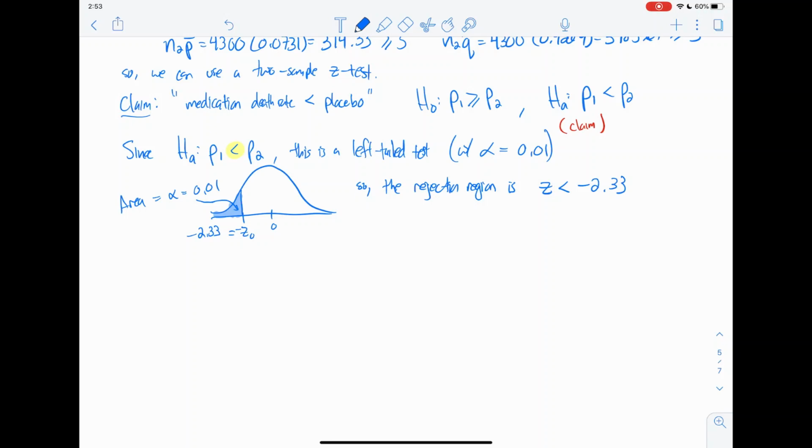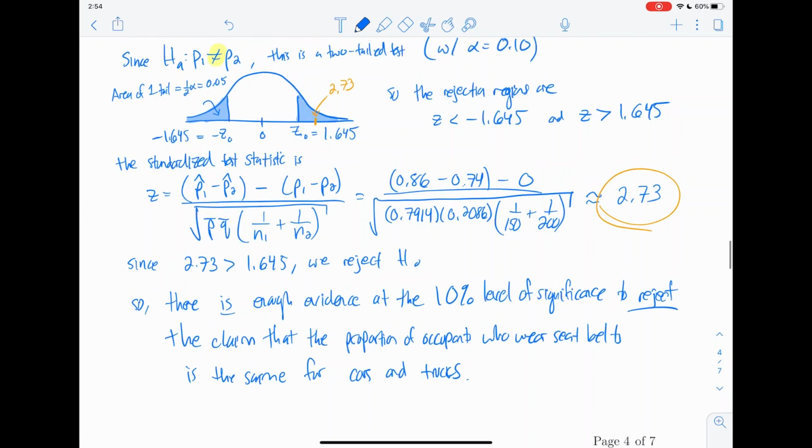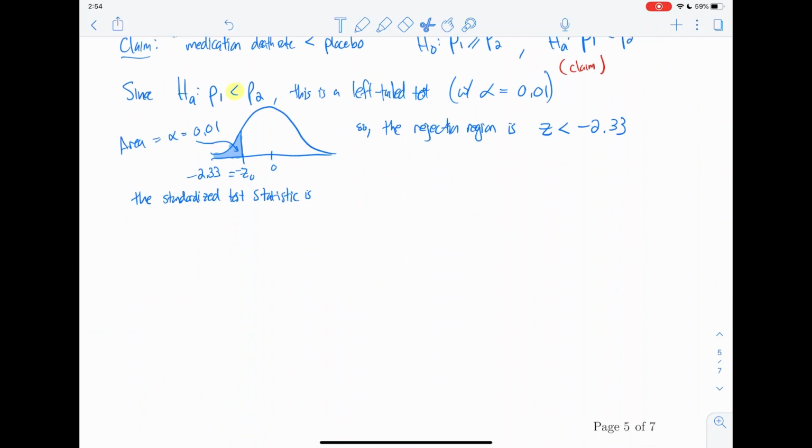So let's take a look at our standardized test statistic and see where that lies on this picture. The standardized test statistic is, well, let's use the formula. That's exactly the formula that we had right here from the previous problem. So we're going to import that formula. So the answer here is z equals